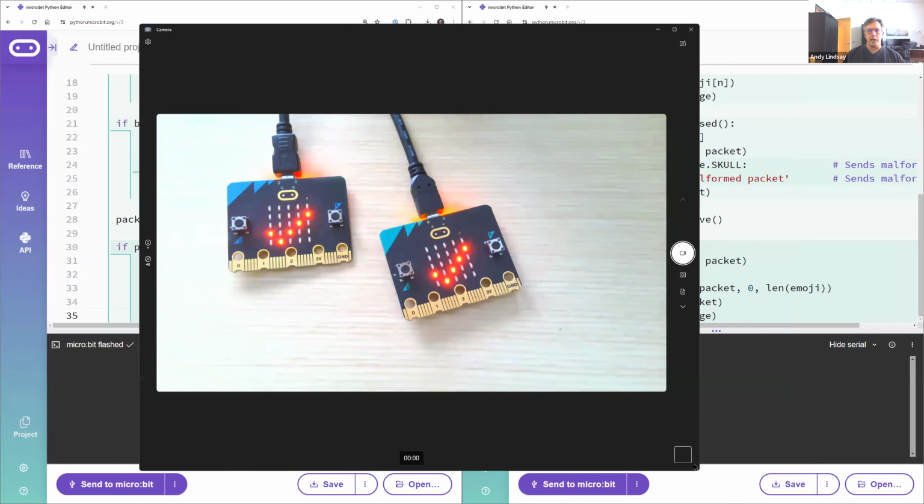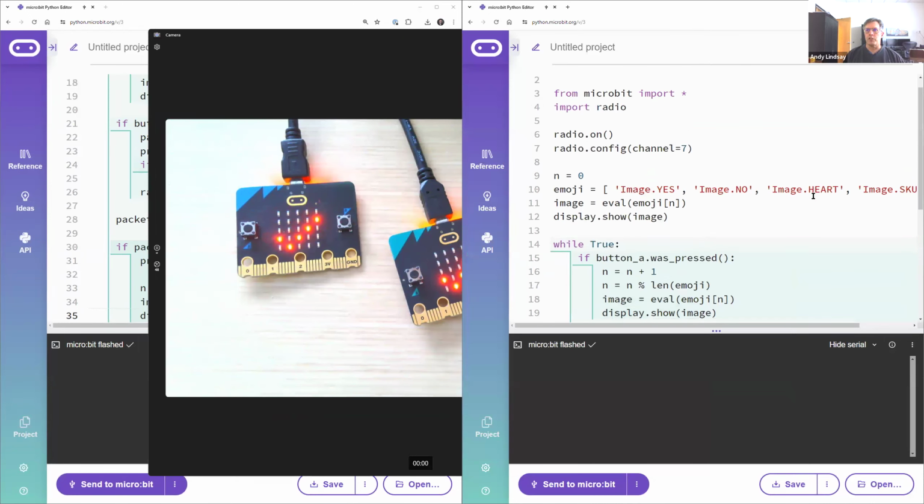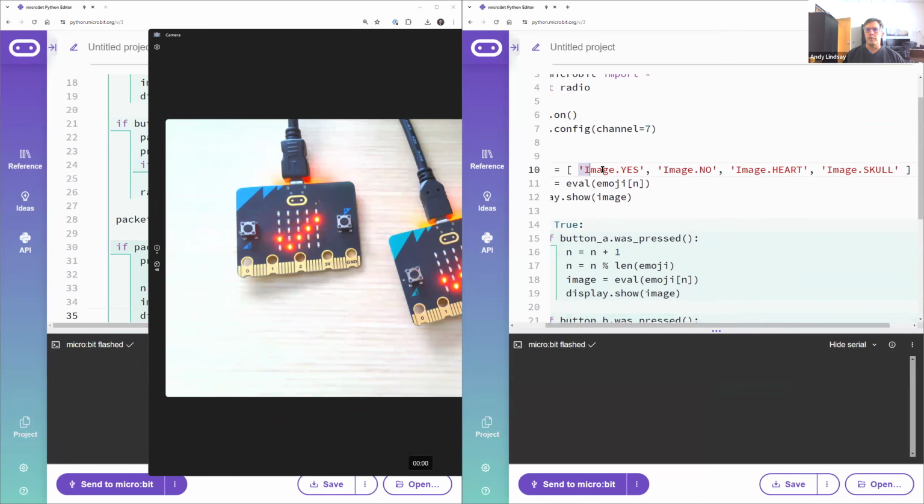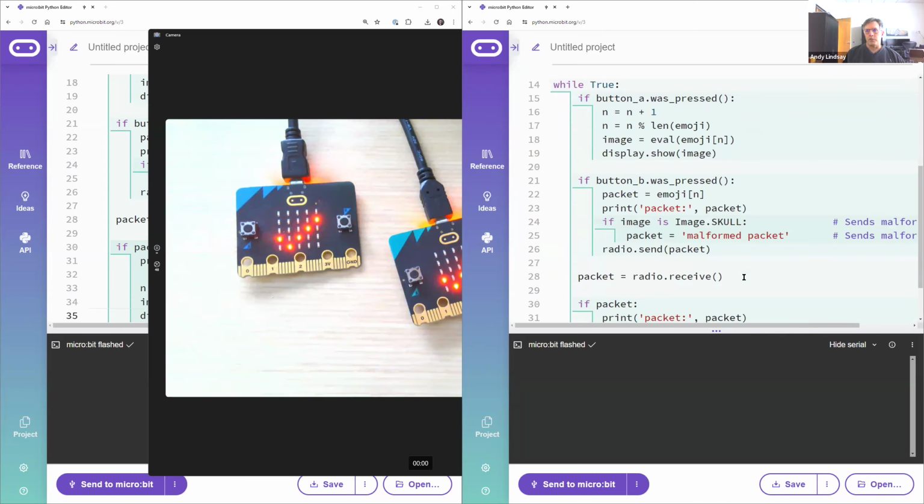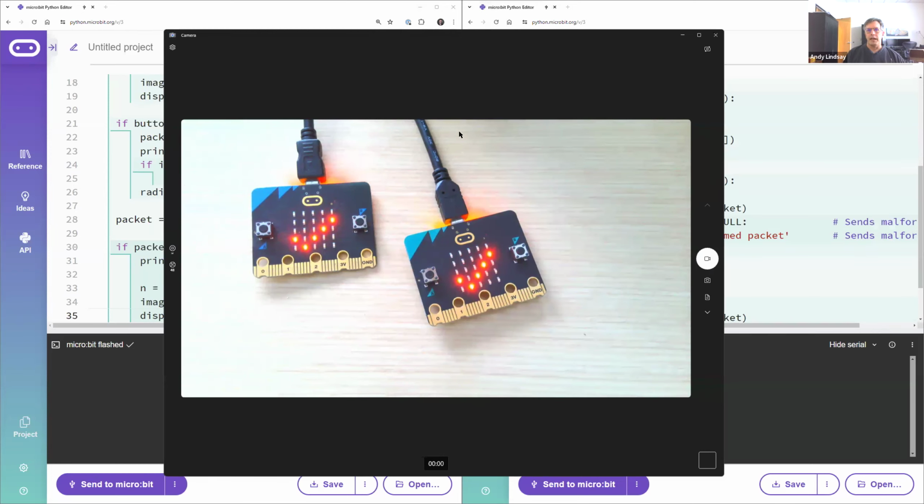And you can basically send it one of, can't remember if it's 3 or 4 different emoji. We've got the image yes is a check mark, image no is an X, image heart is a heart, and then image skull is the one that if you choose that, it's going to crash your receiver because it's going to send data that the receiver's not ready for. It's a packet that's not properly formed for the receiver. It's a malformed packet, and it's going to